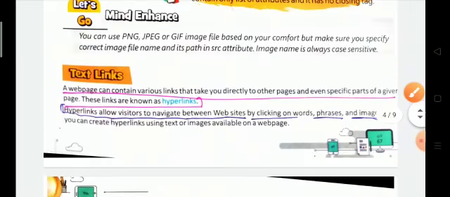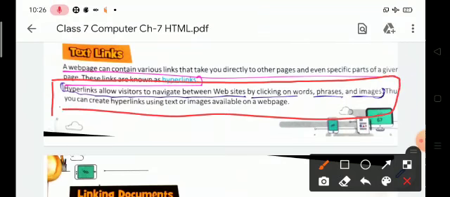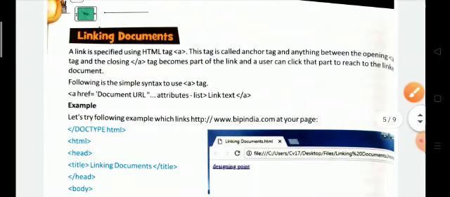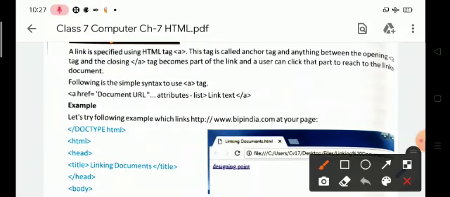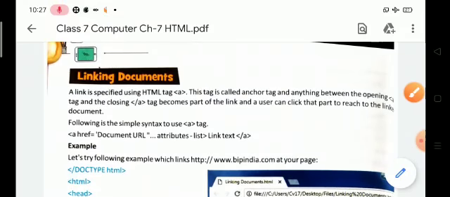Now the text link. Text links mean hyperlinks, which allow visitors to navigate between websites by clicking on words, phrases and images. Thus we can create a hyperlink using text or an image available on a web page. Hyperlink means linking documents. In simple language, we can say linking documents.